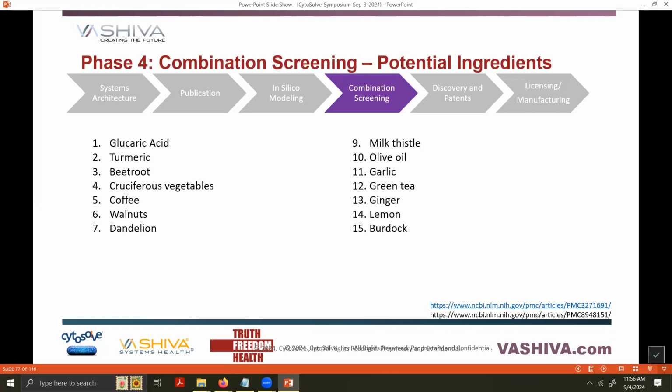Can you combine them? So what we're doing at CytoSolve is taking these 15 known things that historically people have known for centuries. What are the compounds in those things, and how should you combine them? So you can really figure out what works for different people in different conditions, but more importantly, can we create new medicines from natural products? You'll hear people saying, oh, take some olive oil and some lemon, right? Well, is that more effective than eating turmeric? Or walnuts, or dandelion, or should you do all of them? So anyway, that's what we're doing.